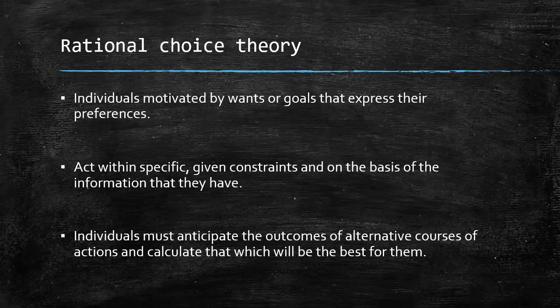So, for example, when making a decision about whether or not to move for a different job, a person would weigh all their possible opportunities. They may also weigh what the cost of the move may be to them in terms of relationships, in terms of housing, in terms of other potential moves they can make.